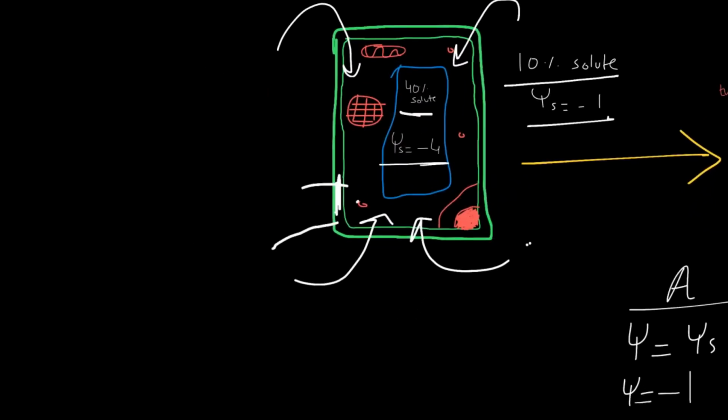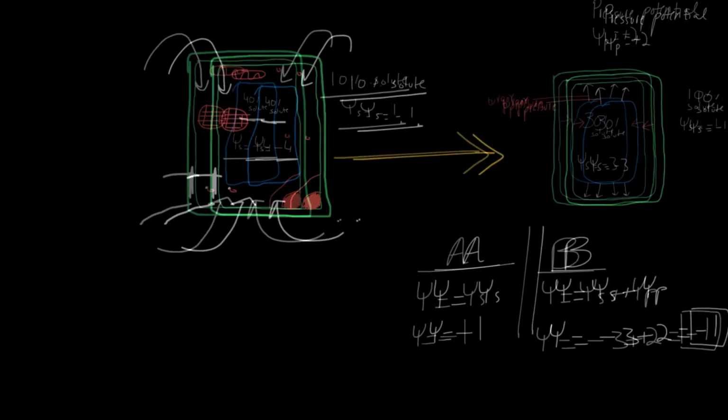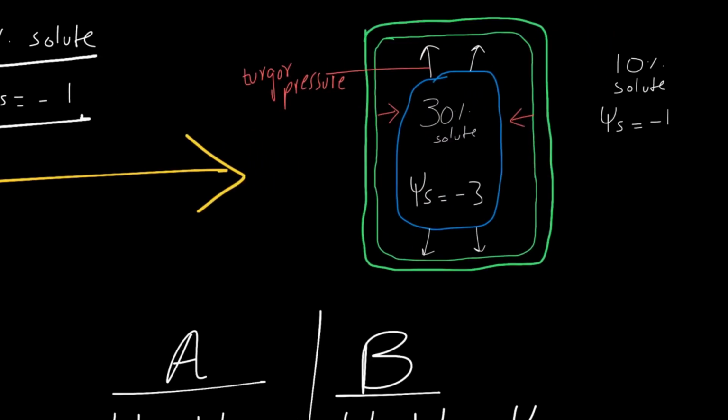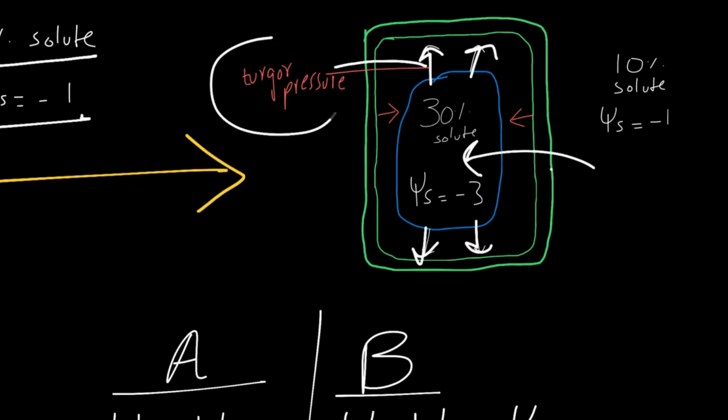And there's 10% solute outside and -1 solute potential, which means the water molecules will travel from outside to the inside of the cell, which will increase the cell size. As we can see right here, it will not increase the size because the cell wall is present, right? However, it will push on the cell membrane, like this pushing of the vacuole while it expands, because water is coming inside of the vacuole. It expands because of turgor pressure.